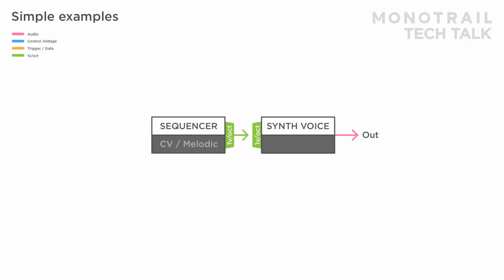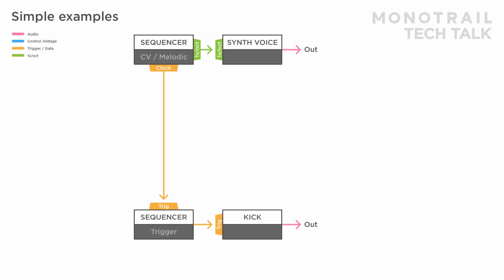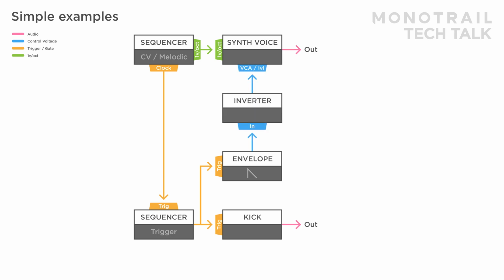Here, a sequencer is controlling a single synth voice. The sequencer's clock is driving a pattern sequencer triggering a kick, and a copy of that trigger is used to fire off a short envelope. To create a sidechain effect, the envelope is inverted and used to duck the level of the synth voice, creating